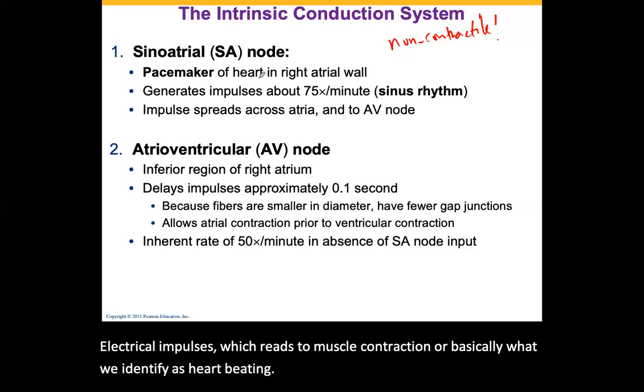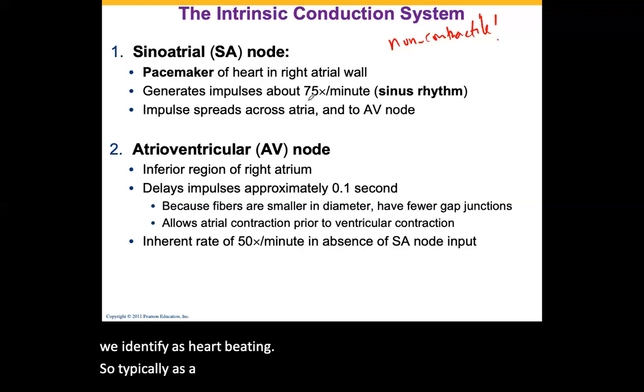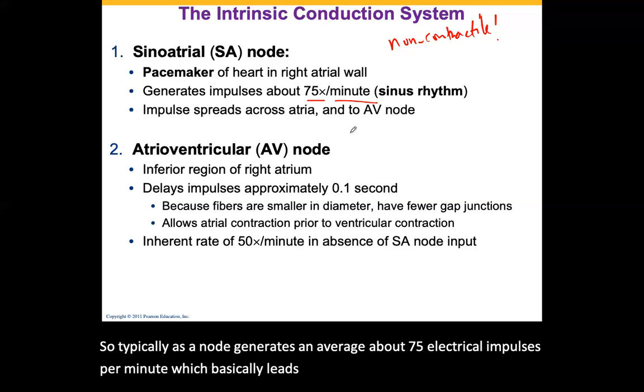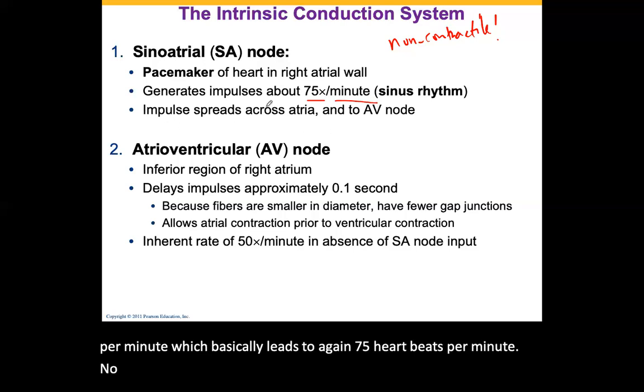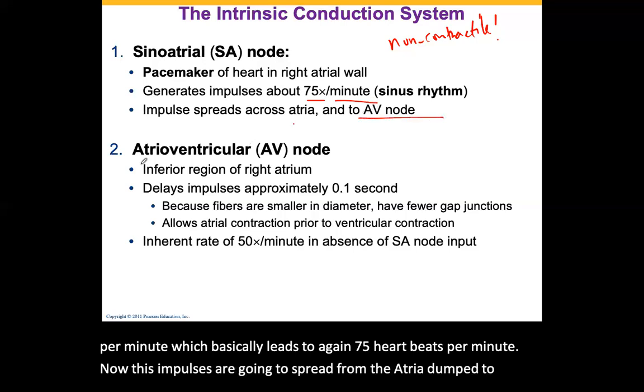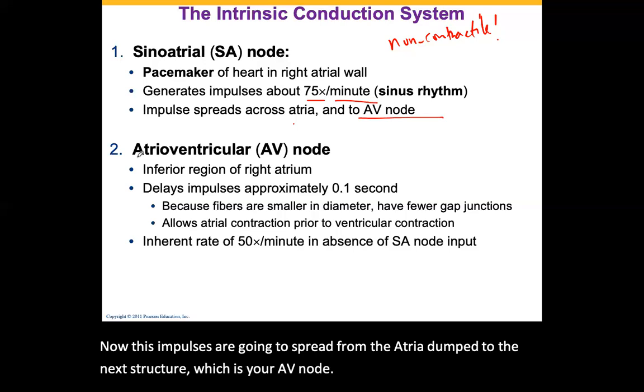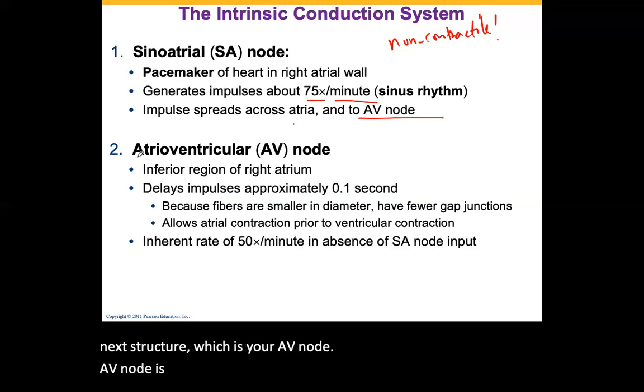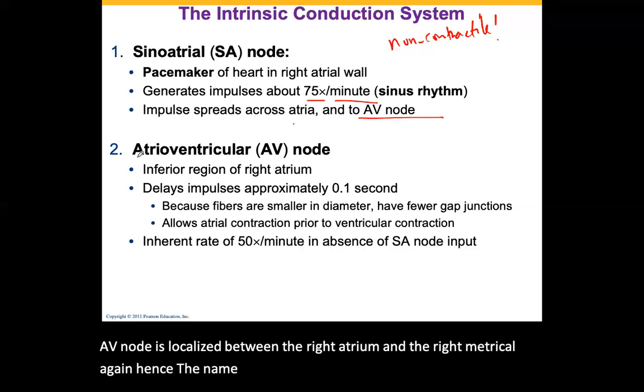Typically, the SA node generates on average about 75 electrical impulses per minute, which leads to 75 heartbeats per minute. These impulses spread from the atria down to the next structure, the AV node. The AV node is located between the right atrium and the right ventricle, hence the name AV node. There is a delay in the signal here, about 0.1 second,